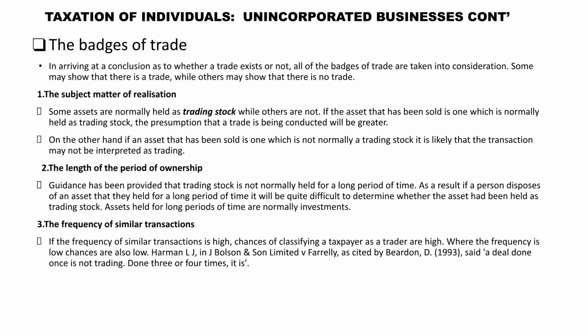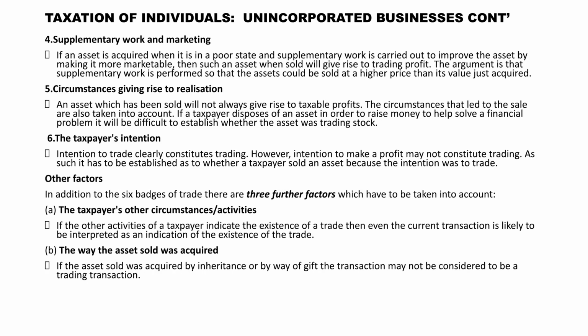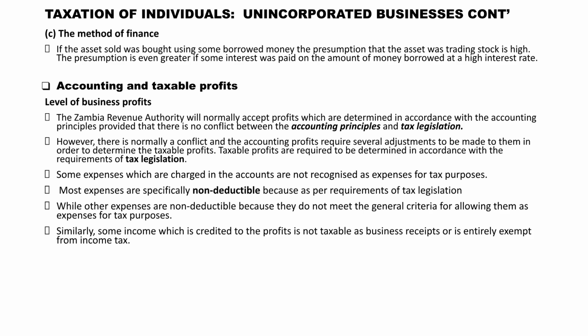For instance, frequent transactions increase the likelihood of classifying a taxpayer as a trader. Other factors include supplementary work and marketing, circumstances of realization, and the taxpayer's intention. Additionally, the taxpayer's other activities, the asset's acquisition method, and the financing method are considered to establish if a trade exists. When an asset is bought with borrowed money, especially at a high interest rate, it's highly presumed to be trading stock. The Zambia Revenue Authority generally accepts profits based on accounting principles, but adjustments are often necessary to align